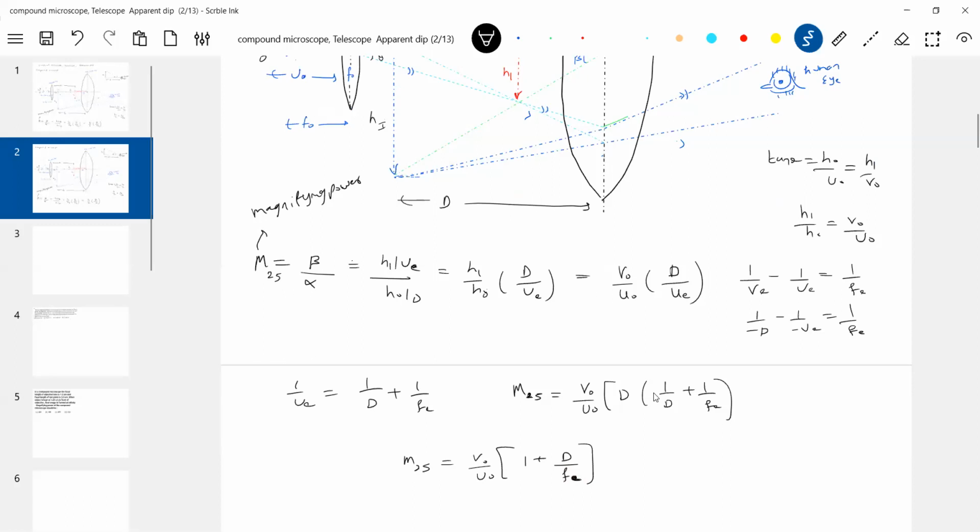Okay, now you look at this. For the simple microscope, we had this much of a formula, no? The magnifying power of the simple microscope is 1 plus D by FE. That is multiplied by V0 by U0. So if you make V0 by U0 10 times, the magnifying power of the compound microscope will get multiplied by 10 times the magnifying power of the simple microscope. Here, this is the focal length not of the objective but of the eyepiece. Able to get this? Look at this sign.